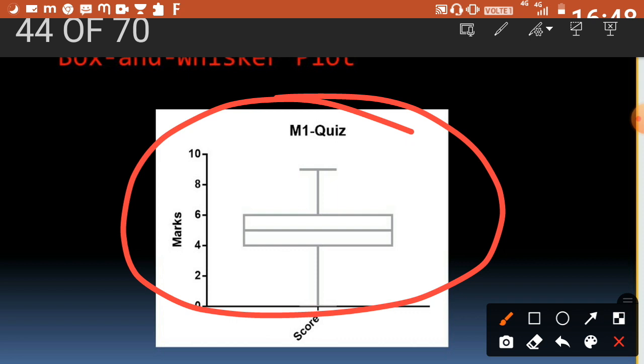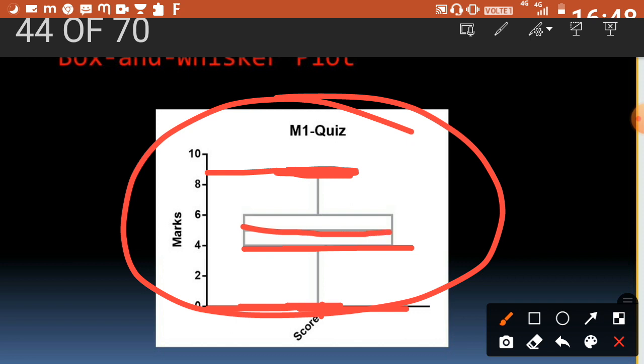So I can explain to you which point is what. Here you can see that this is the minimum point, okay? It means that the graph starts from, or you can say that the frequency starts from 0. Fine. So here is your minimum value and this shows your maximum value, right? Your maximum value must be 9, and this is your first quartile, then this is your median, and this is your third quartile, okay? So this is your minimum value, then this is your first quartile, median, third quartile, and this is your maximum value.